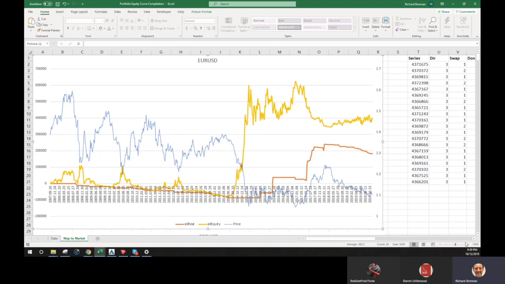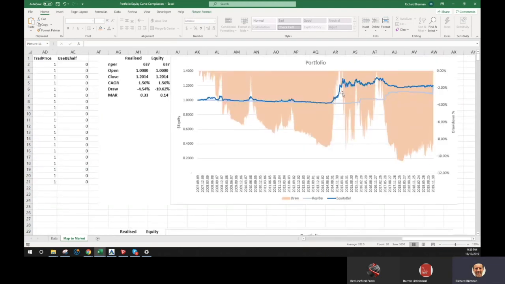So if, for instance, we had a one-instrument portfolio, effectively this portfolio is a representation of just Euro USD. So this orange thing here is the drawdown profile of the portfolio, which is just Euro USD at this point in time. This dark blue line is the equity position. This light blue line is the realized balance position. And this orange curve is the drawdown. Our maximum drawdown was around about 10%,